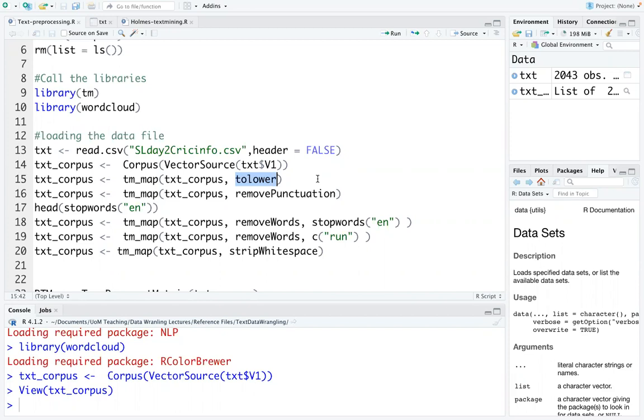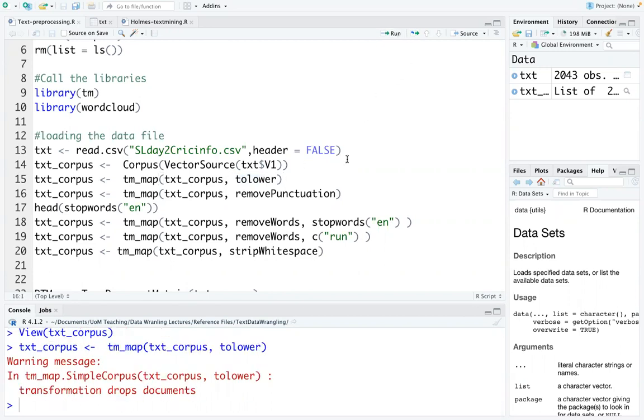You convert every abnormality to a formal sense, so that you can take that as a whole. So I'm going to convert those letters to lower. Don't worry about this warning message, but I have now converted this into lower text. So everything is in lower. You don't see anything changed here because I have assigned that back to